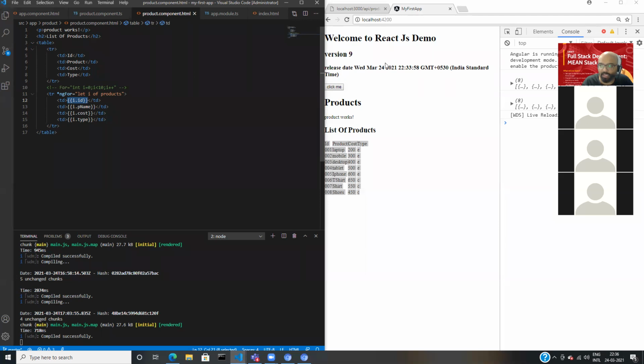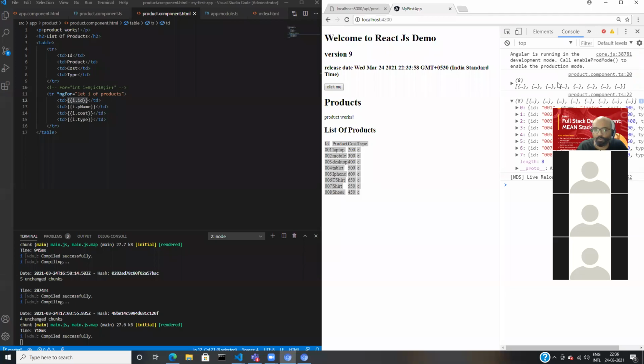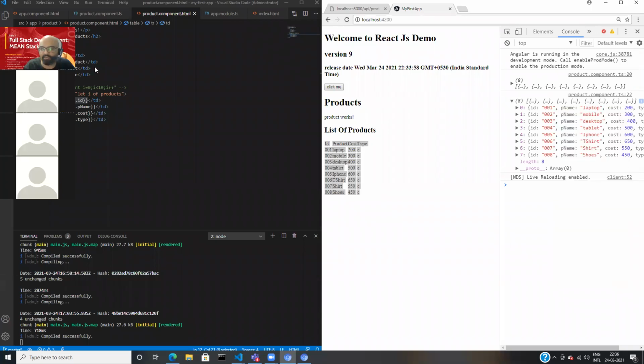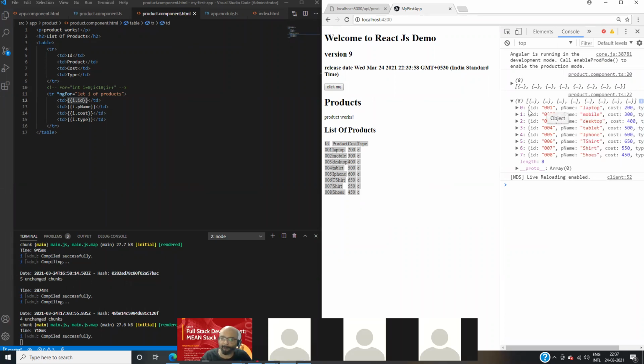So can you tell me what is the value of i.id the first time? 001, exactly. Then the second time, 002, of course. Similarly, what is the value of i.pname the first time? Laptop. Second time? Mobile, exactly.